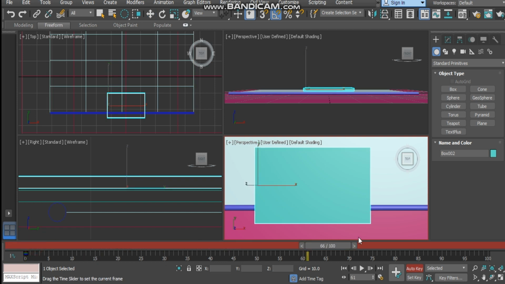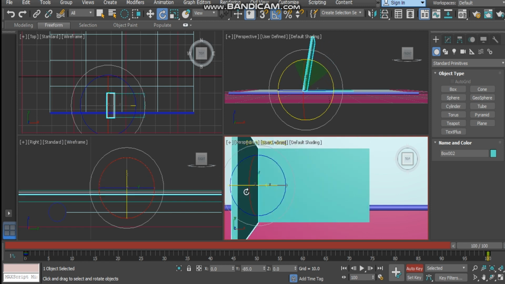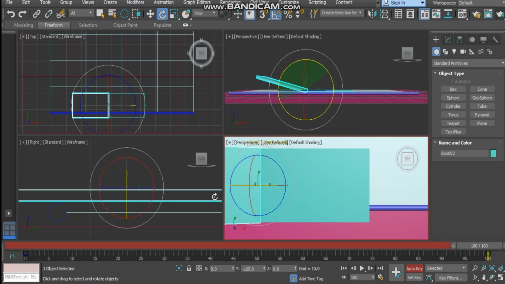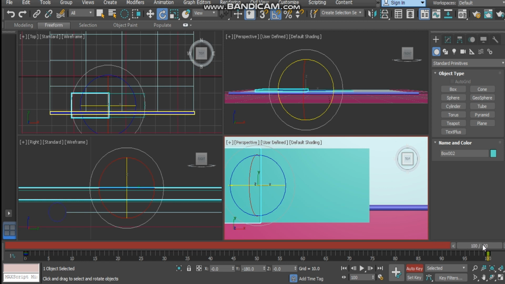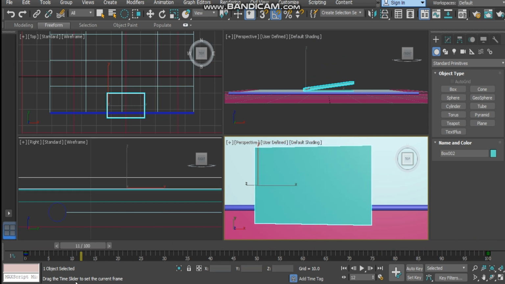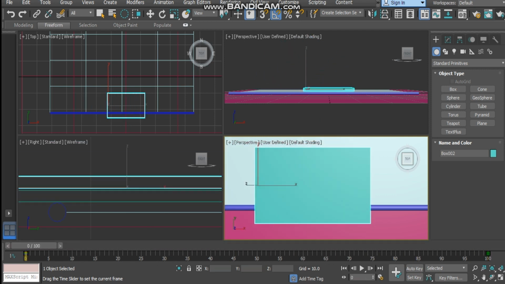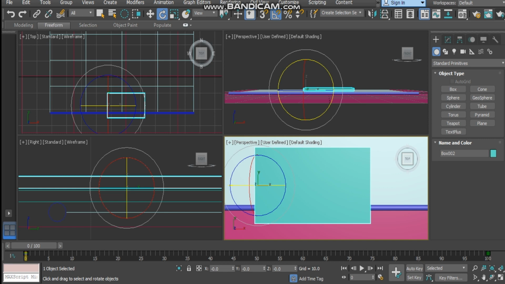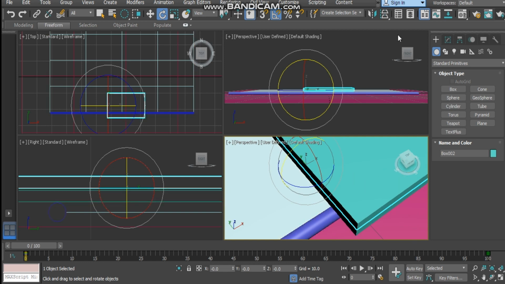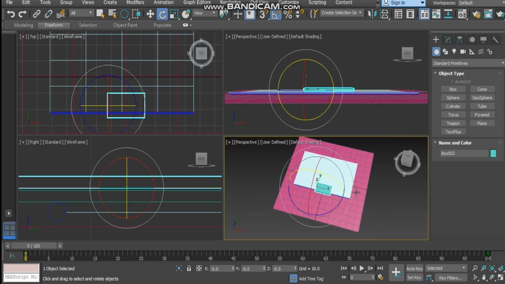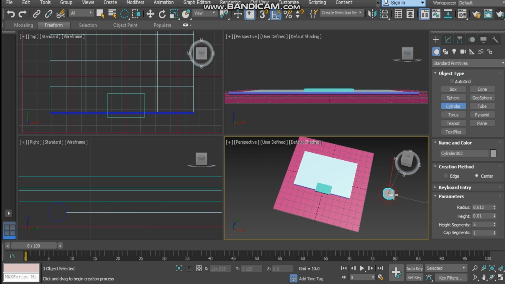So we're gonna scrub through to the 100th frame and just rotate this 180 degrees. By the way, I'm using this snap toggle, so it will snap every 5 degrees. So yep, and once we've done that, we can shut off auto key, and then there's our animation. Okay, now we've got to make this side hinge, which is on this side. So what I'm going to do is make another cylinder. So just extrude it up,